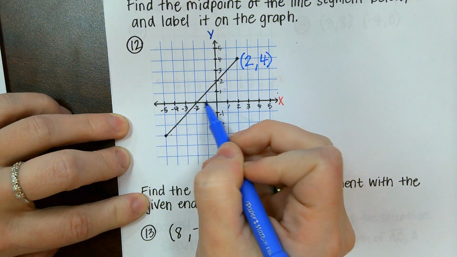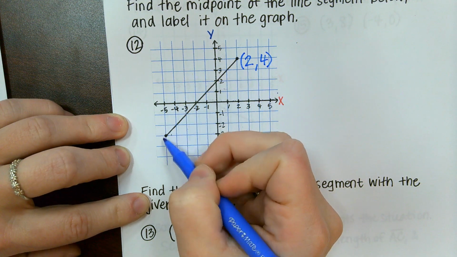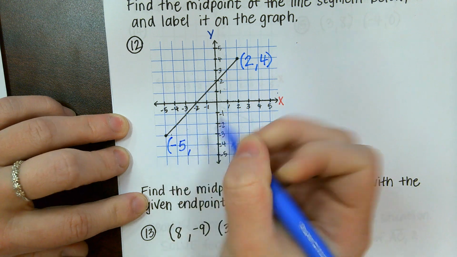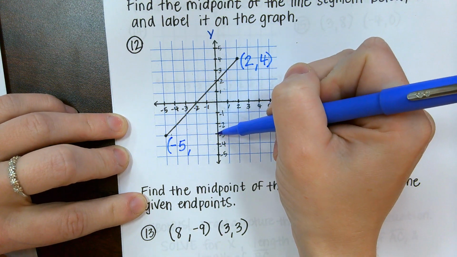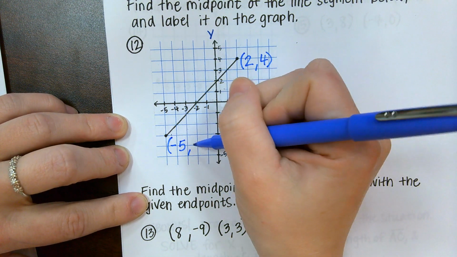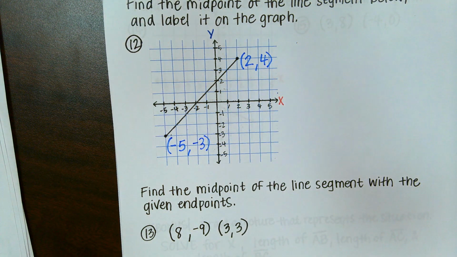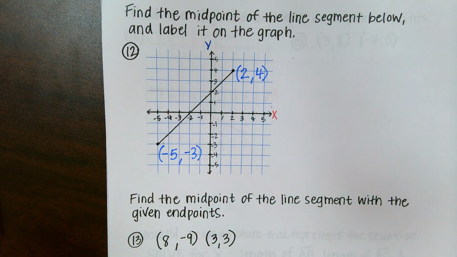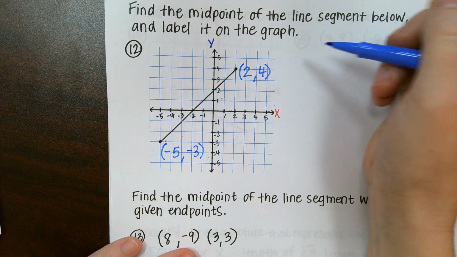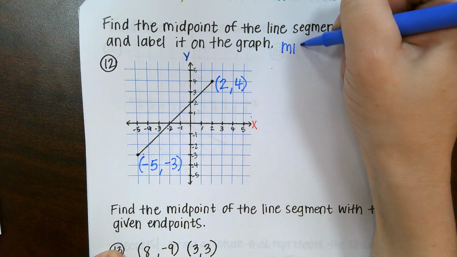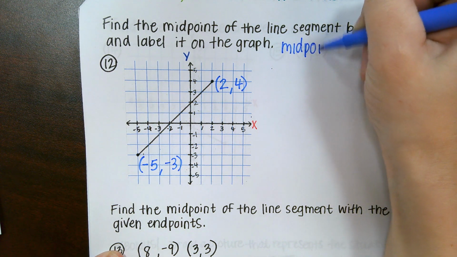This one lines up with -5 on the x-axis, and it also lines up with -3 on the y-axis. So now we have our coordinates, and we just need to plug these into the midpoint formula. So let's write out the midpoint formula. Midpoint